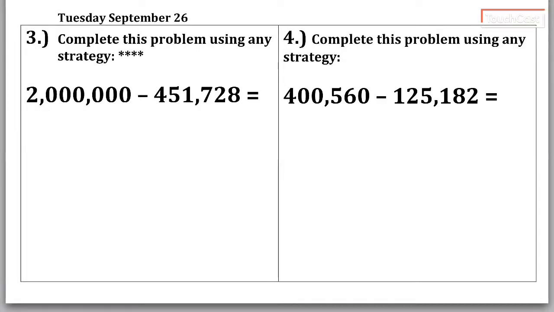Friends, I'm here with Mr. Parson. We're going to take a look at your homework for the week of September 25th. So please go to your Tuesday's homework number 3. And over here we have 2 million, let's read it out, 2 million minus